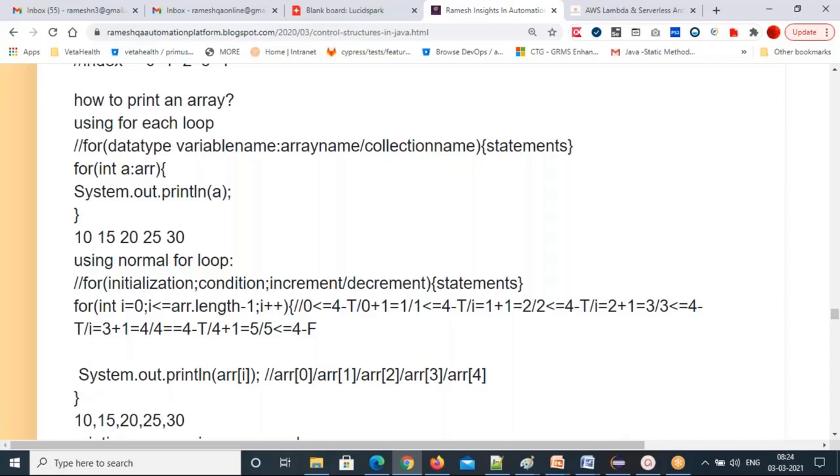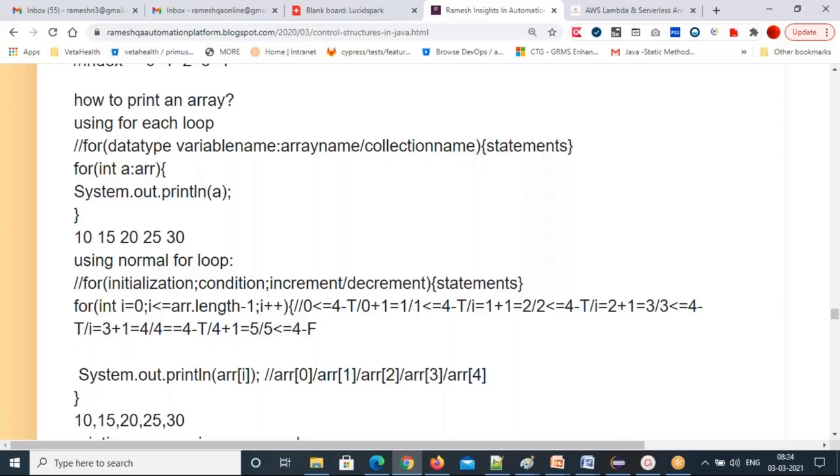Why are we calling it static? You are fixing the array size and the data type. Both are fixed. You can store only one data type of elements, and only a particular size. That's it. You cannot change the size later. Five elements means only five elements you can store, not more than that, not less than that.